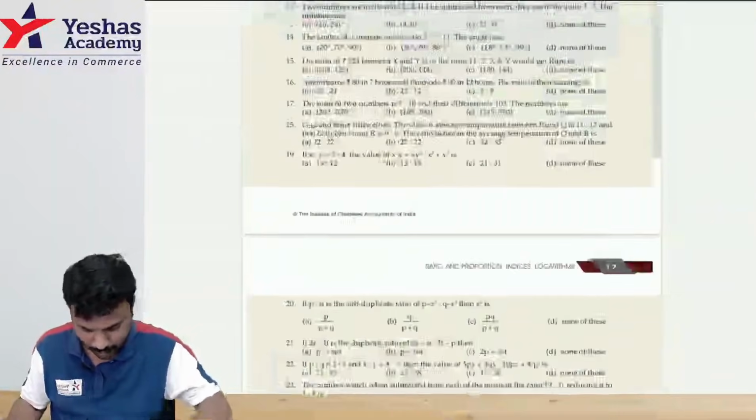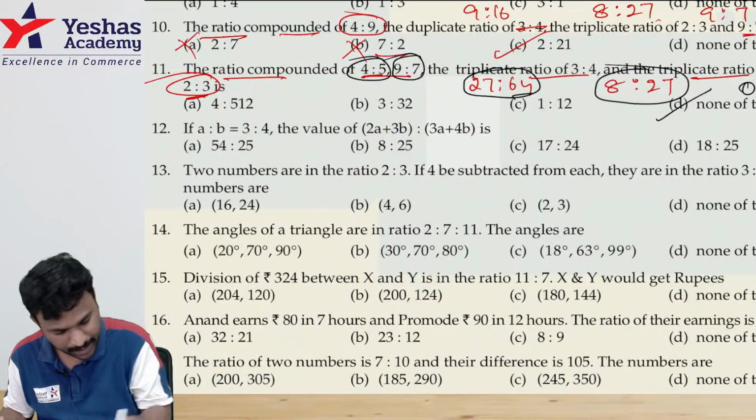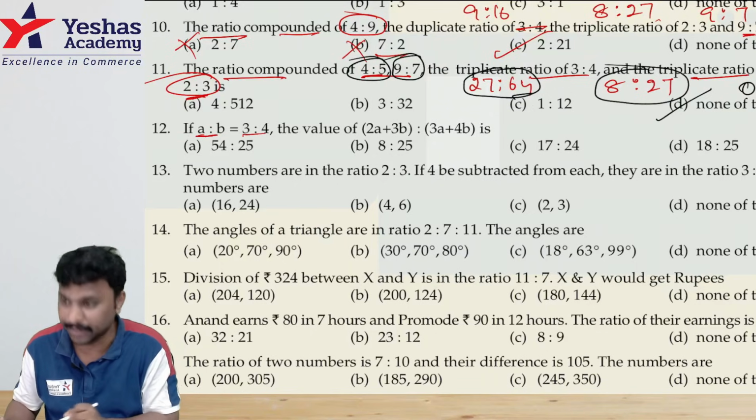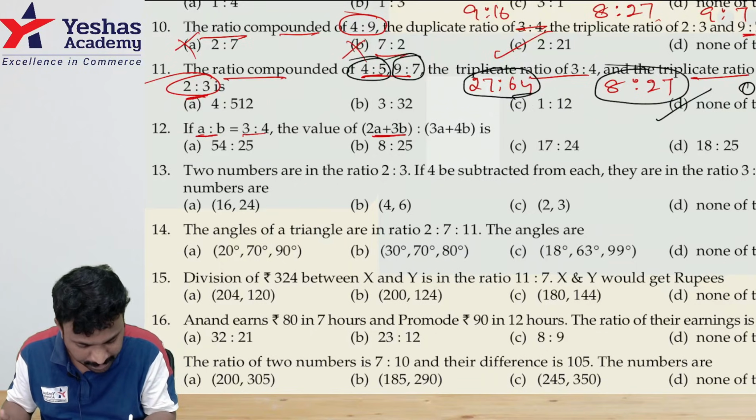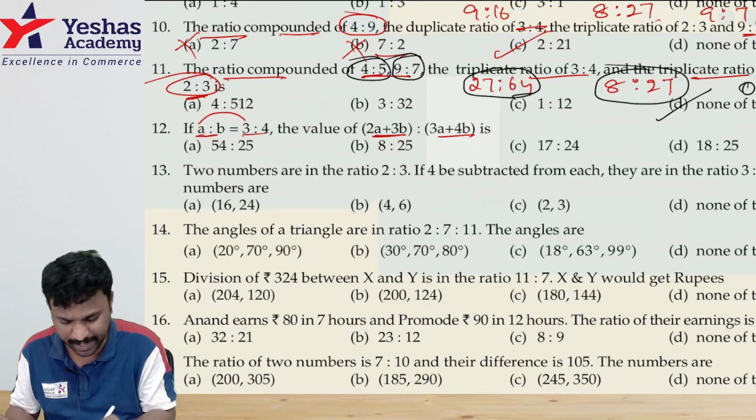Yeah, guys. So let's now move on to the next question. That is question number 12. Guys, they have given a ratio A is to B, 3 is to 4. They're asking us to find again the ratio. Whenever a ratio is given and a ratio itself is asked, you can plug in the value of A as 3,